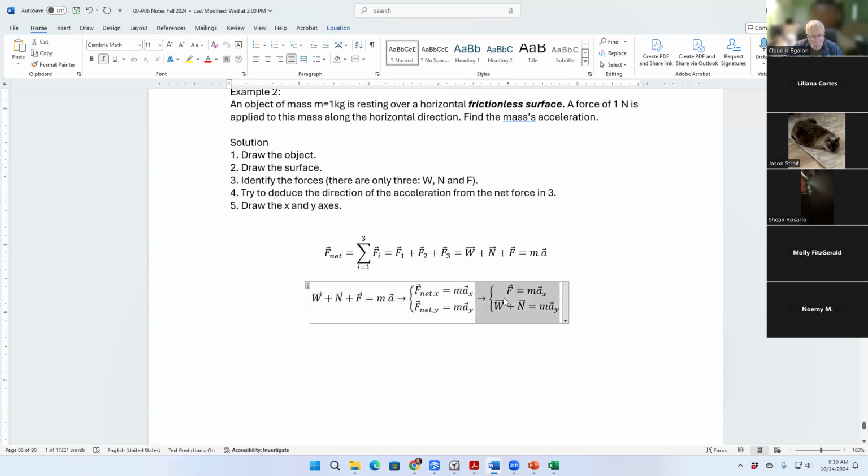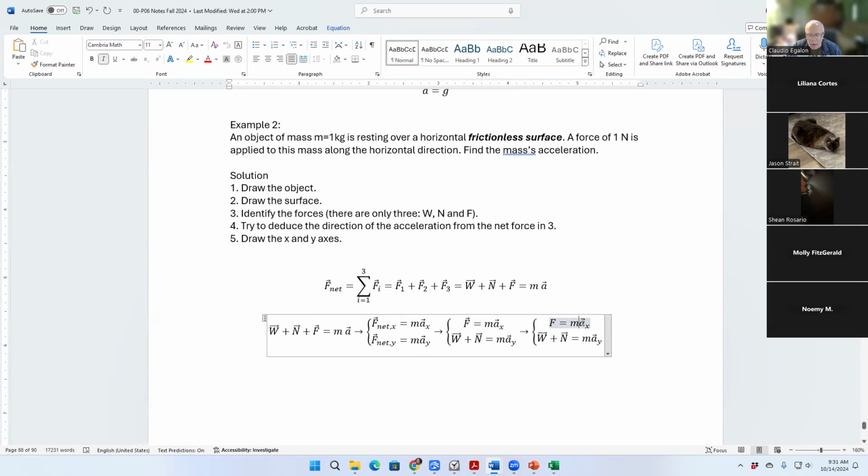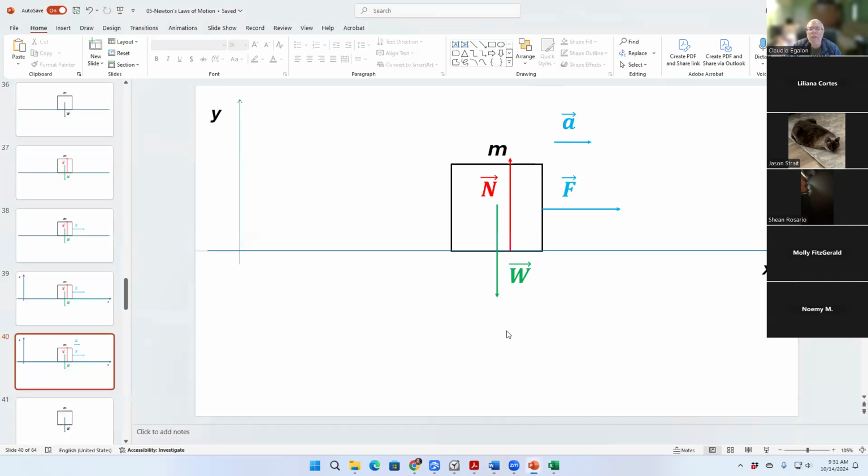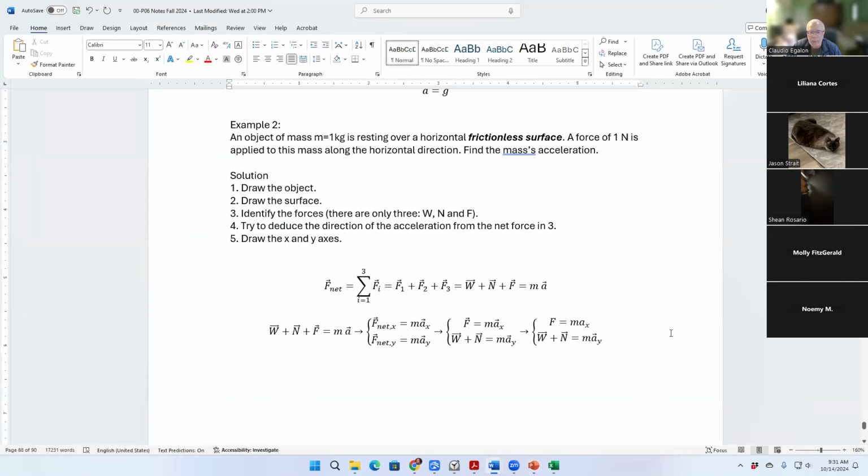Analyzing the problem, we can see that since we have just one force, this here can be written down as a single scalar. And the vector acceleration doesn't need to be written down as a vector anymore, it can be written down as a scalar. We take a look at the drawings here for the normal and the weight. There is no other component along the y direction. Consequently, those two forces along the vertical direction must cancel out. Okay, so you can write like that,